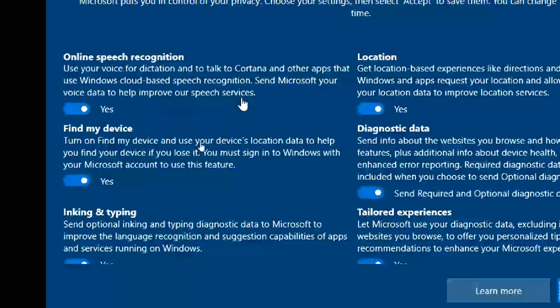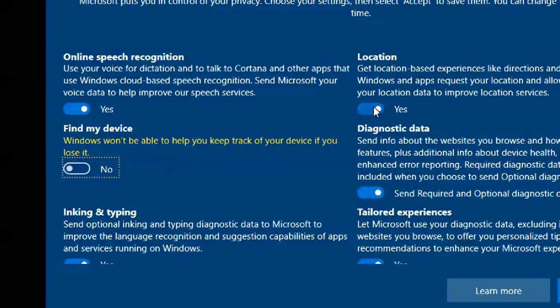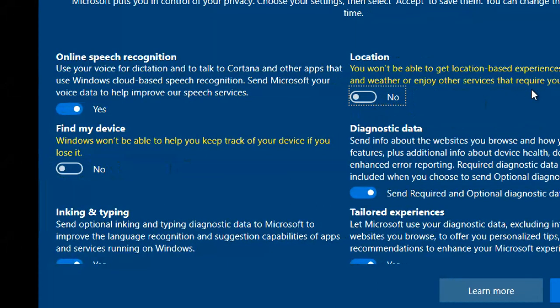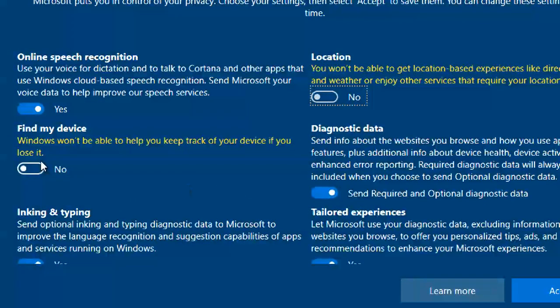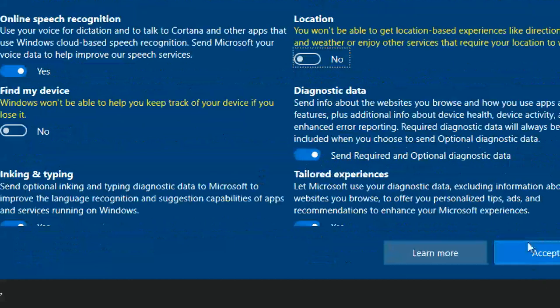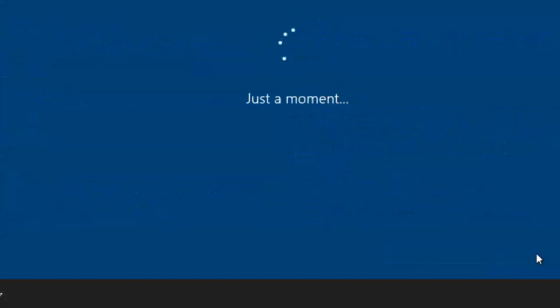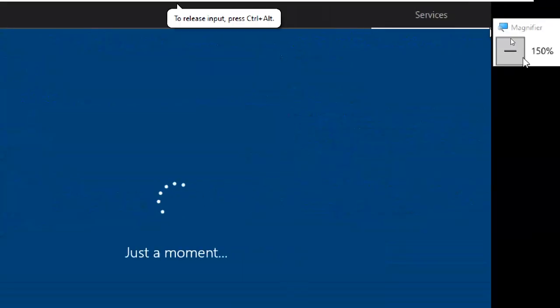Which one you want, which one you don't want, you can just turn on and off. I don't want this feature, I don't want my PC to be located. If it is a physical laptop, you can select this one, otherwise you can leave it. So I just put it like that. So that's the services.